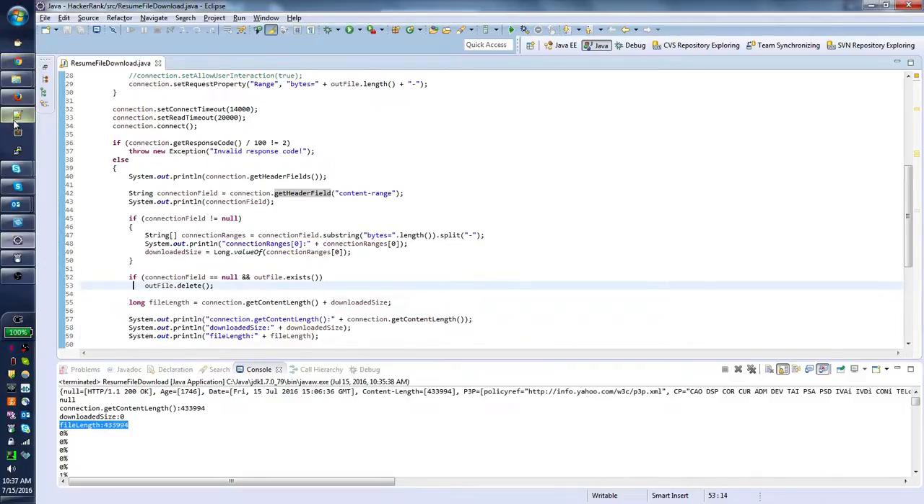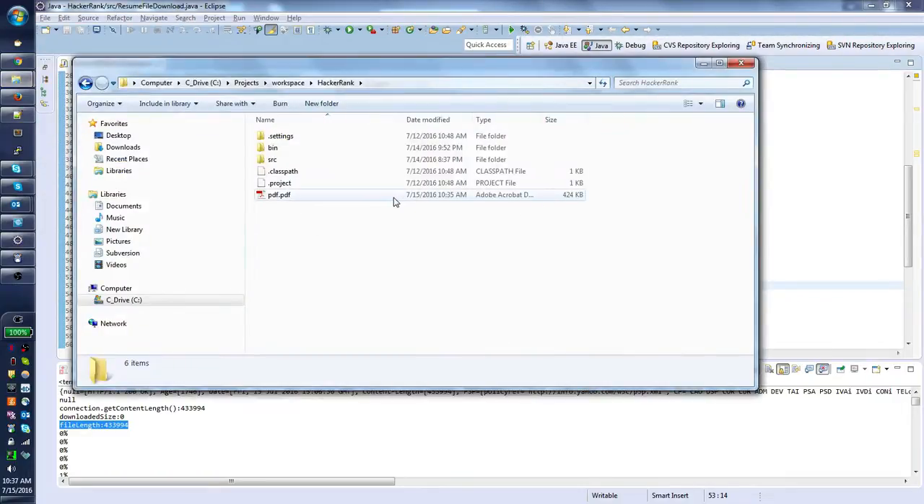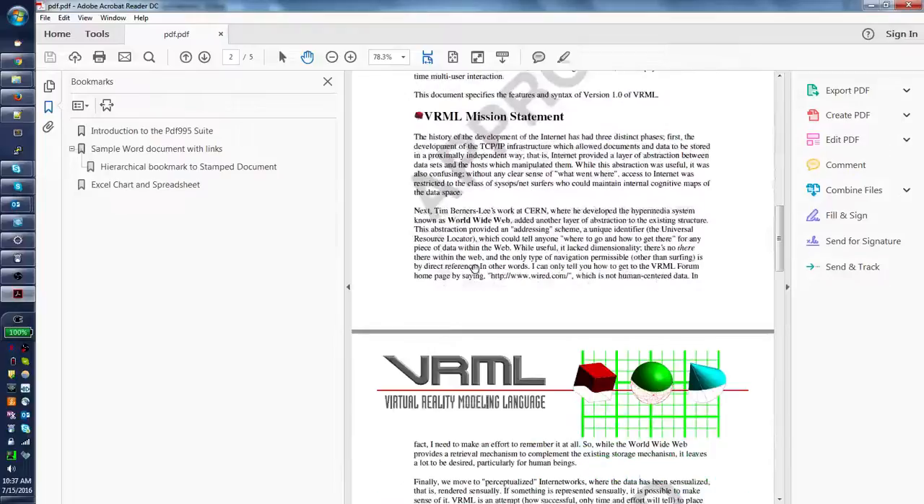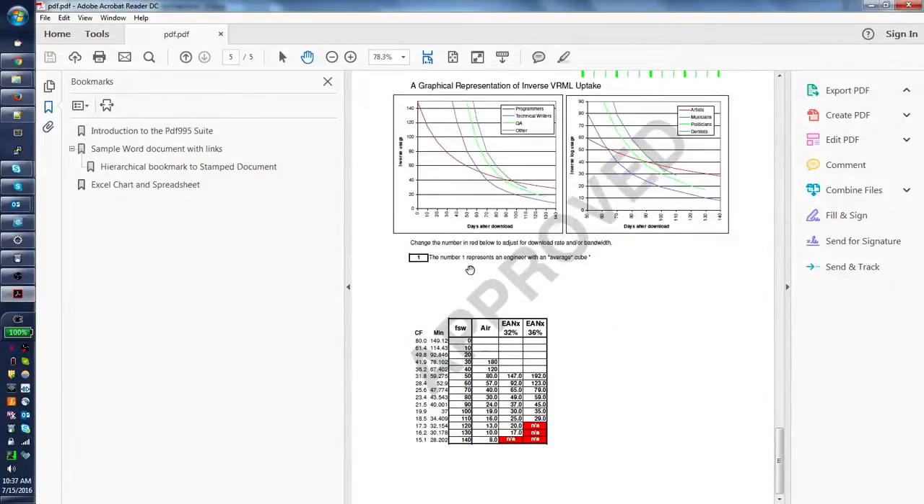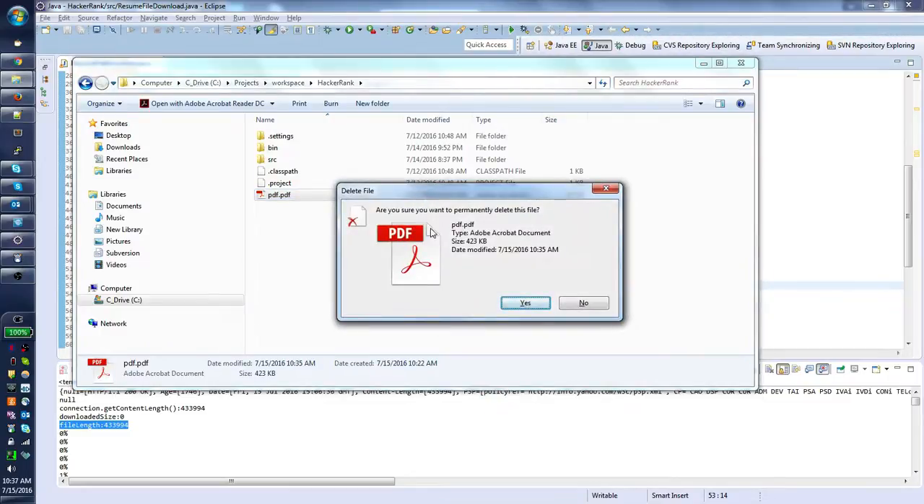So let's check our download. We open it. Basically, it should be the same as the one on the web page. All pages are filled up. Okay, and take note of the size, 424 KB. So we'll delete this right away. We'll delete this again,